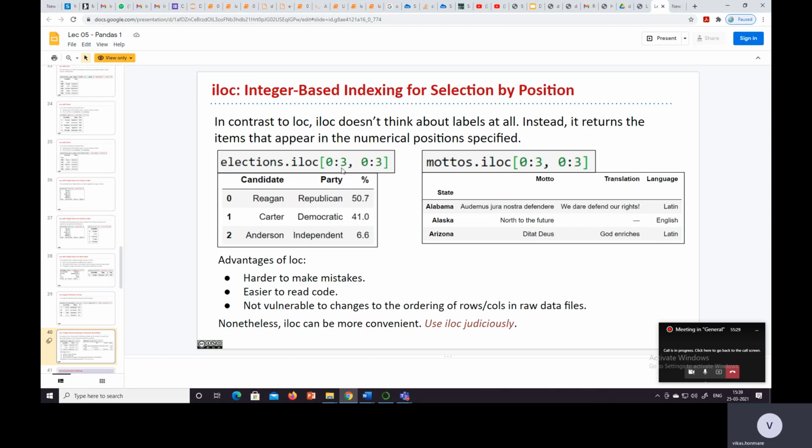When we consider iloc, it is exclusive, and loc is inclusive.